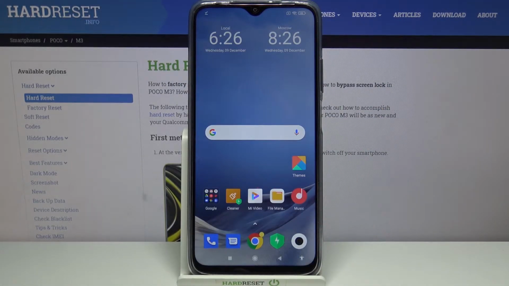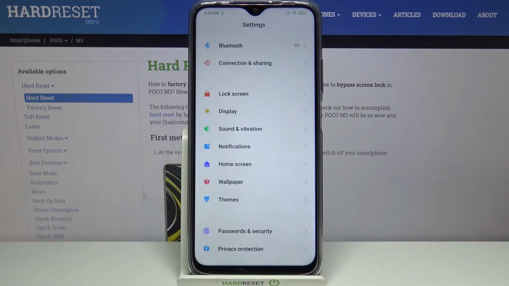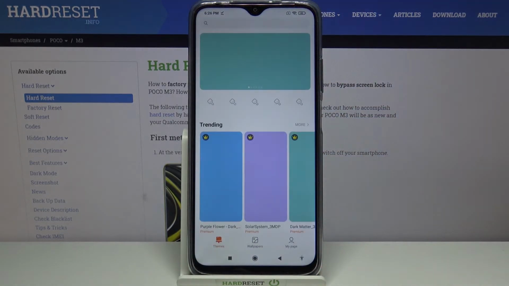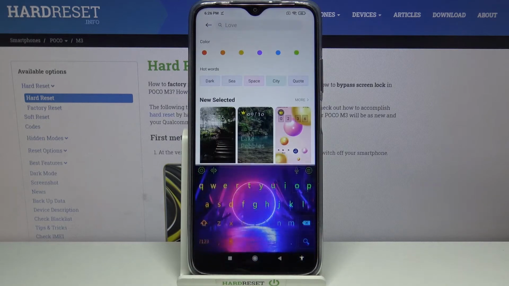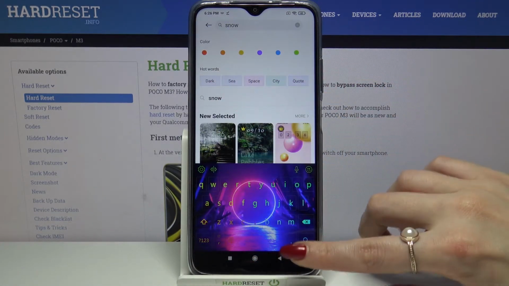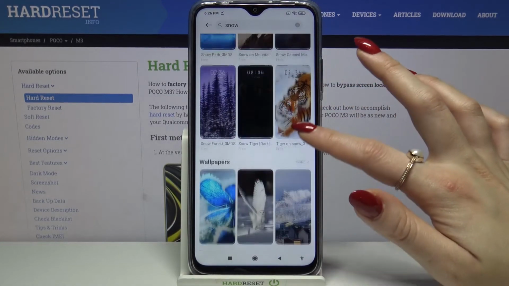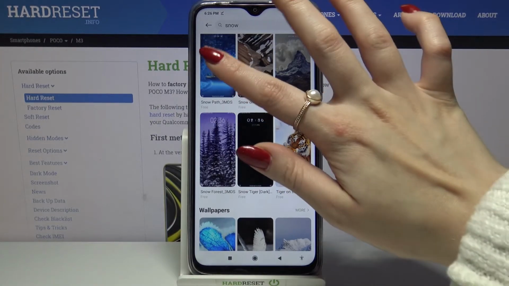As you can see, theme of my device has changed, but if you wanna try something else, go into Settings again, choose Themes, tap on the search bar and type whatever you want. Now, click on the theme that you like the best, I will go with that one,